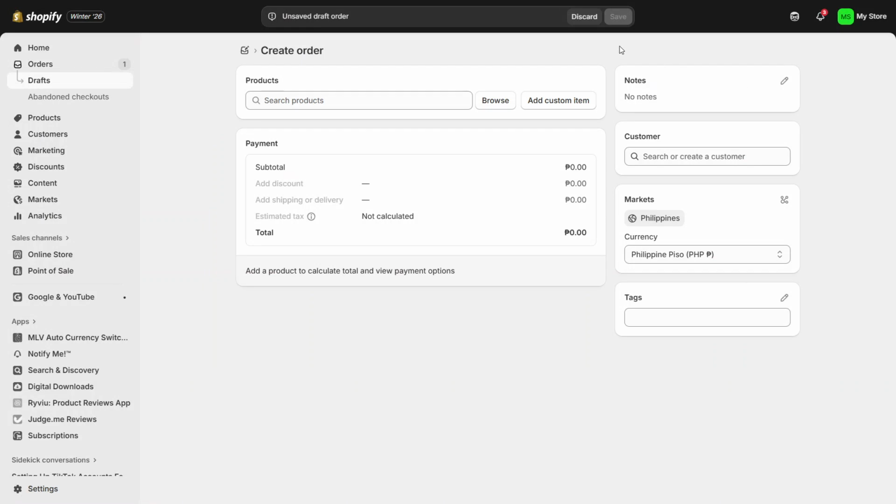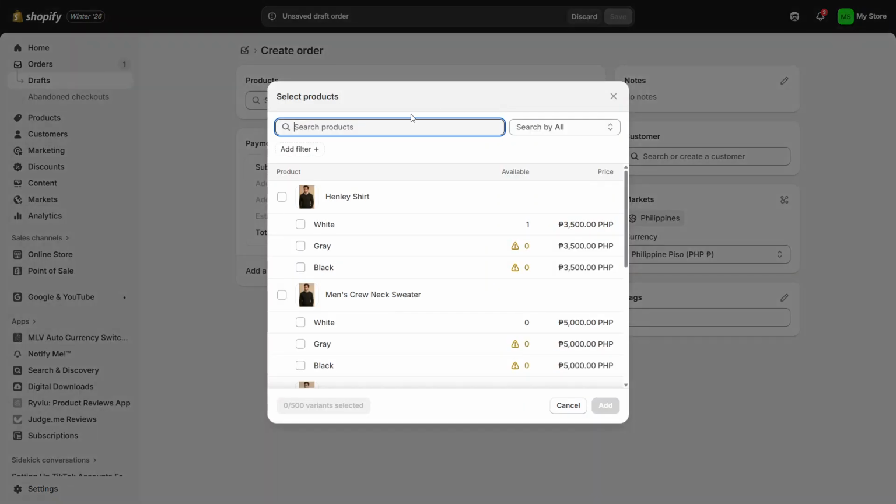Now you're on the draft order page. In the products section, you'll see a search bar and next to it, a button that says Browse. Click Browse. A pop-up window will open showing the products that are already in your Shopify store. From here, you can select one or more products to add to this draft order. Check the box on the left side of each product you want to include. When you've selected everything you need, click Add at the bottom right of the pop-up, and those products will appear